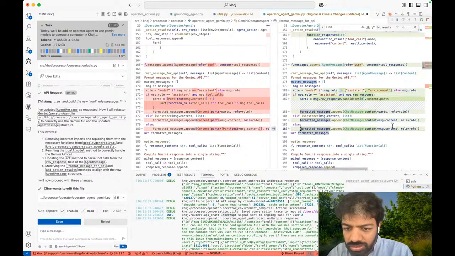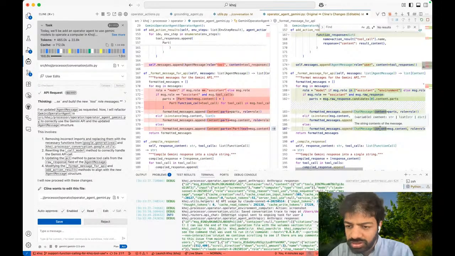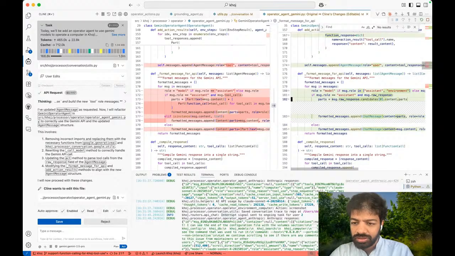I think the sequence. Why did it do this? It's a list or a string, it doesn't matter because this takes a list or a string, right? String or a list, and this can be a string, or it can be a list, right? So it doesn't matter. Actually, then we don't even need this if else sequence, we can just do the else. Okay, so messages are now formatted in a list of,